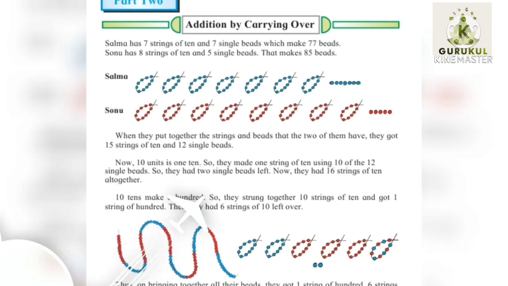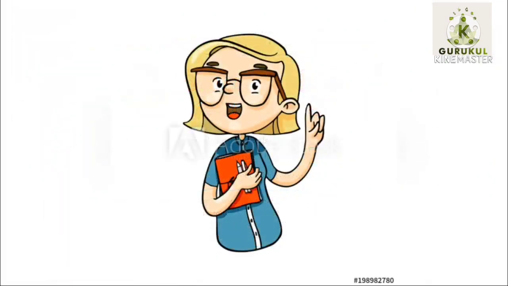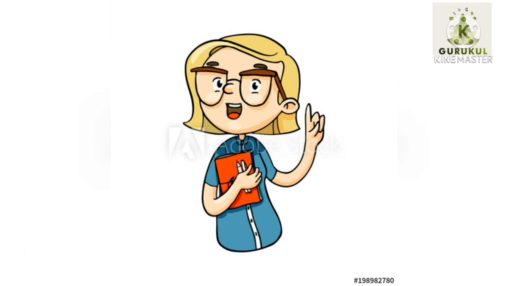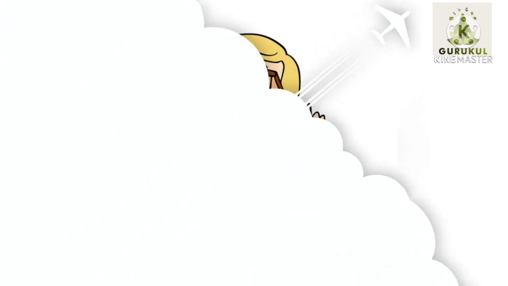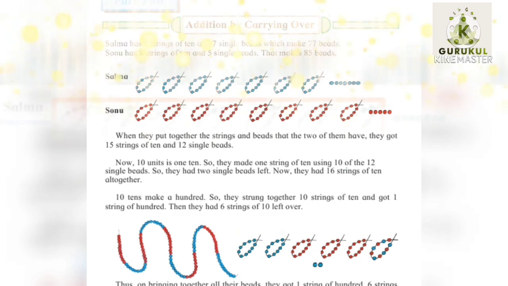Do you remember in Unit 1 we had seen addition without carrying over? When we start with the lesson, you will find that we will still follow the same method of arranging the digits according to their place values. But the addition will be somewhat different. Now let us see the following example to understand how addition by carrying over takes place.